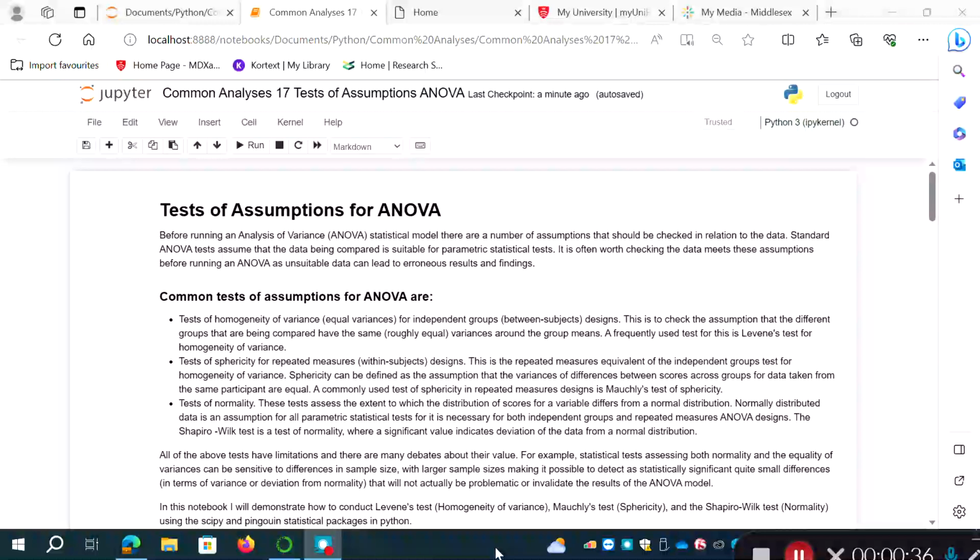So standard ANOVA tests assume that the data being compared is suitable for a parametric statistical test. And it's often worth checking that the data meets these assumptions before running an ANOVA, as unsuitable data can lead to erroneous results and findings. Some common tests of assumptions for ANOVA that are worth conducting and checking before you actually fit the model